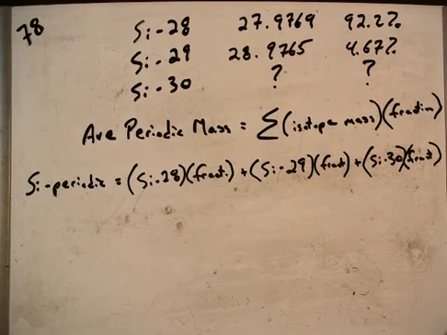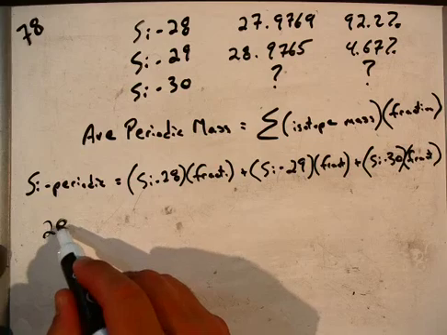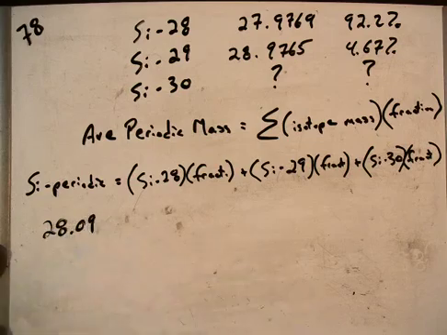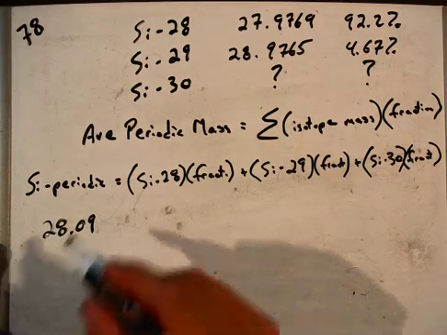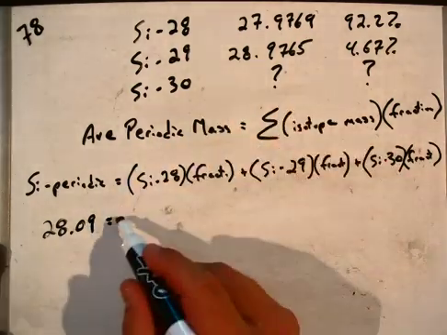And so we start to plug these values in. If we go to the periodic table, we see that silicon has a mass of 28.09. And so that would equal our silicon 28 mass, which is